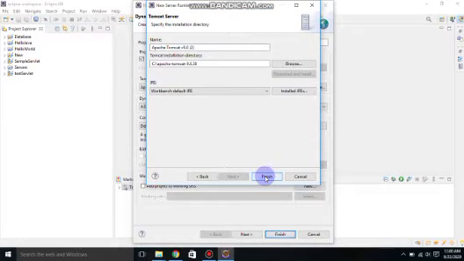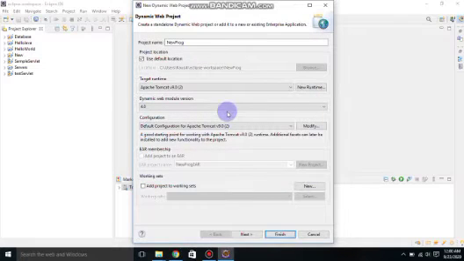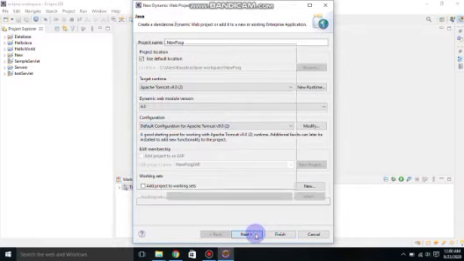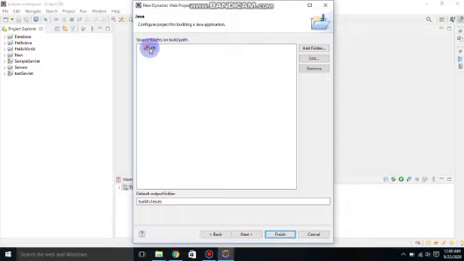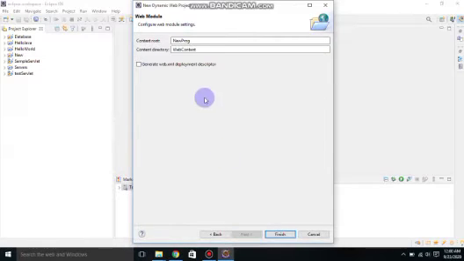So that's all. Click on the Finish button and then Next. This is the src folder in which your Java file will be. Then click on Next. Here there is a tab that is Generate web.xml deployment descriptor. Here is a checkbox, you have to tick it. After clicking on this checkbox, a file